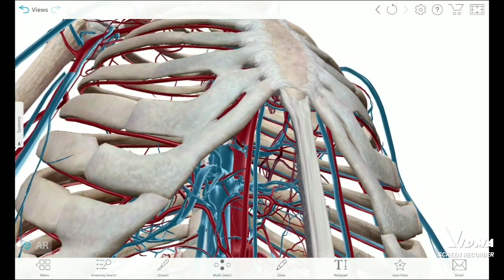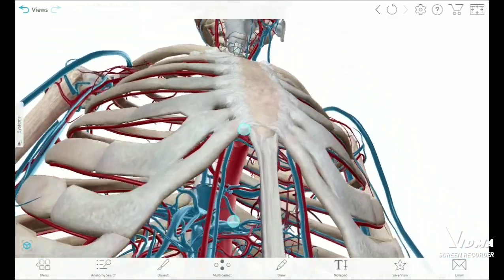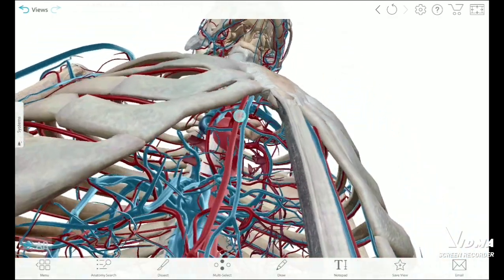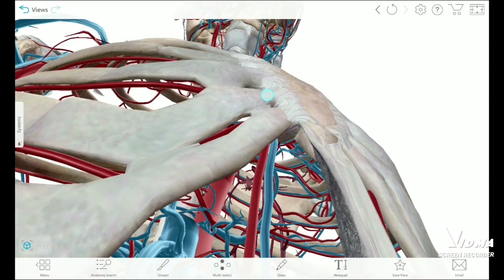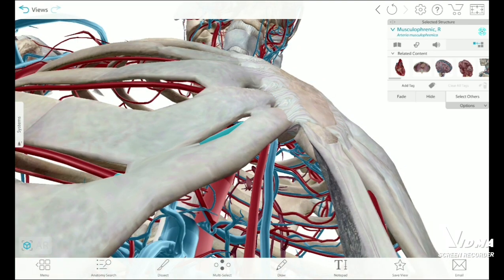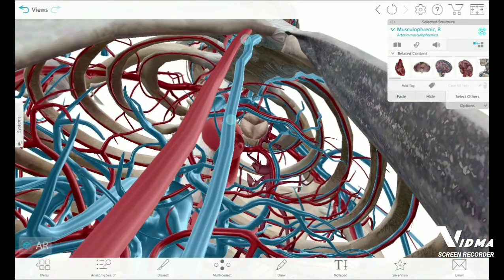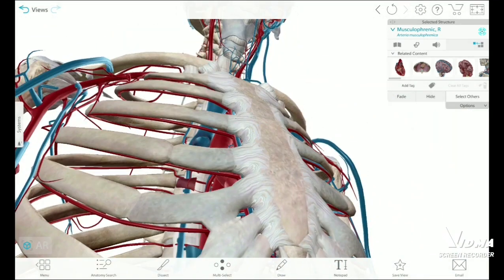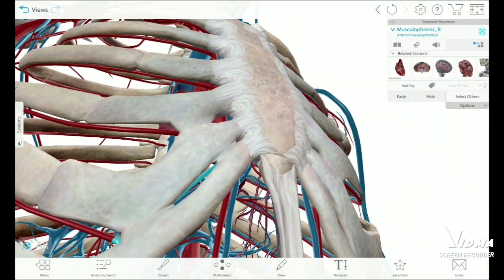Now the internal thoracic artery ends by terminating into two branches. So these two branches are the musculophrenic artery. So this over here is the musculophrenic artery, and if I make this transparent,